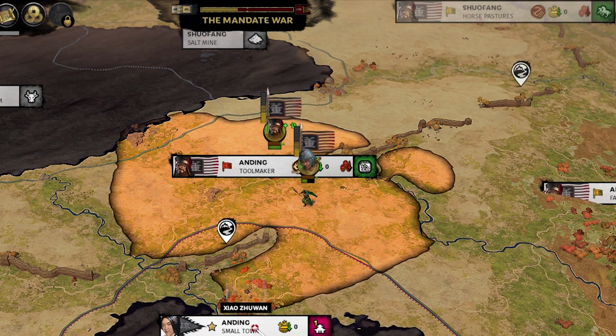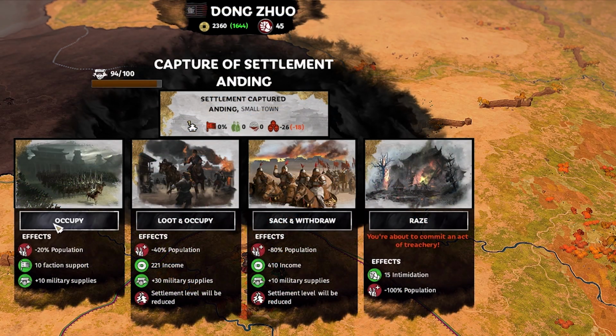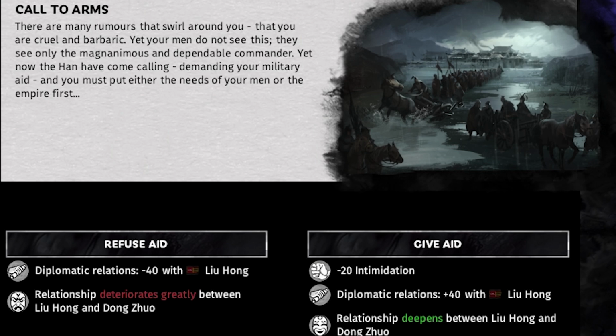We'll have Guosi march this way. Hopefully there's no ambush, and we'll attack Onding with Dongzuo. Oh, okay, never mind. We'll just occupy it. There's no one there. We now got a decision to make. There's a call to arms. Do we help